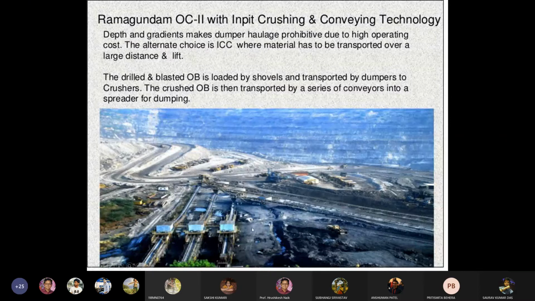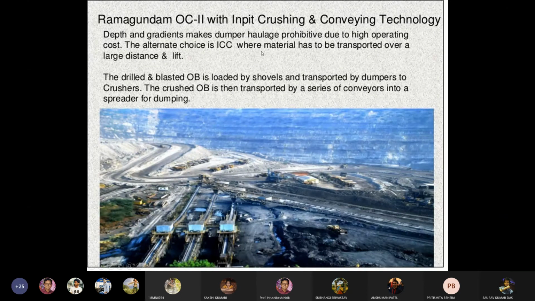Here you see, this is the mine. Depth and gradients make dumper haulage prohibitive. If the depth of the mine is very high, then dumpers cannot move in the mine due to high operating cost.